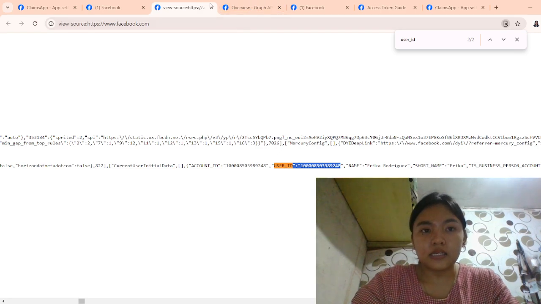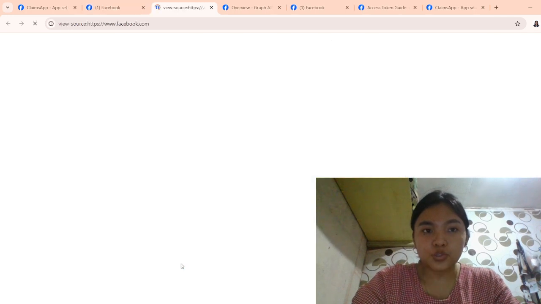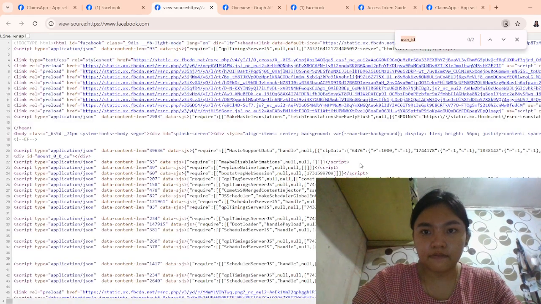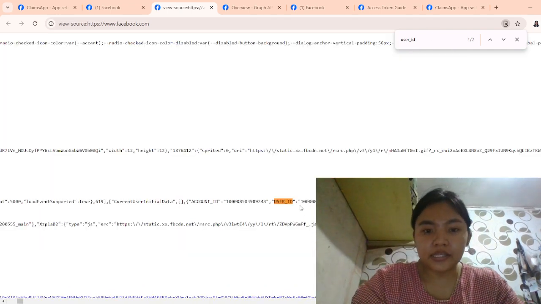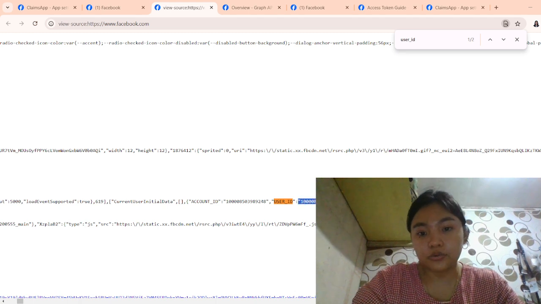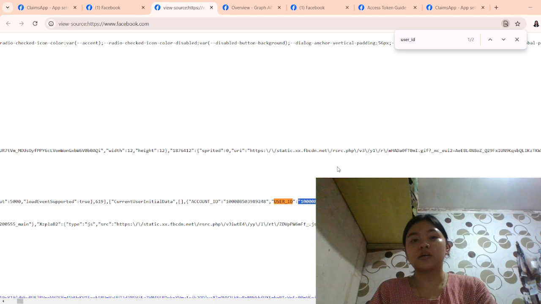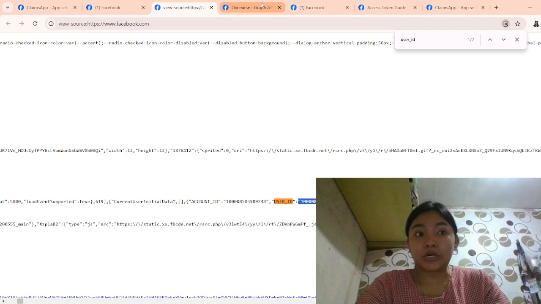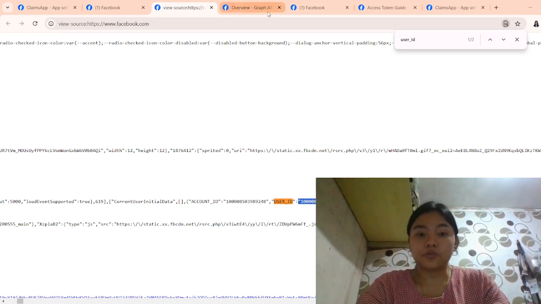So what I did is I used view page source, and then I pressed Control F and searched for the user ID of my Facebook account, and it showed the user ID. I struggled for how many hours, because I really didn't know how to find my user ID on Facebook, and I already searched on Google about it, and it still wasn't showing.